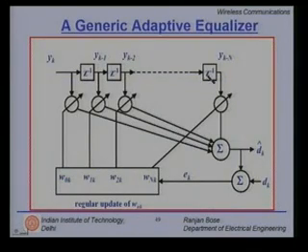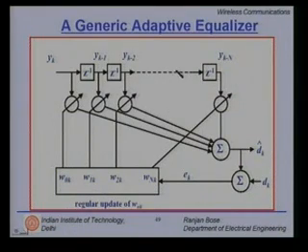Exactly how many delays do we need? How many tap points do we need? It depends on the root mean square delay spread of your channel. If you have a very large root mean square delay spread of the channel, then you need more delays and more tap points. It can only equalize to the delay built into the equalizer. So, there is a direct correlation between the delay spread of the channel and how many weights and delays there should be in the equalizer.